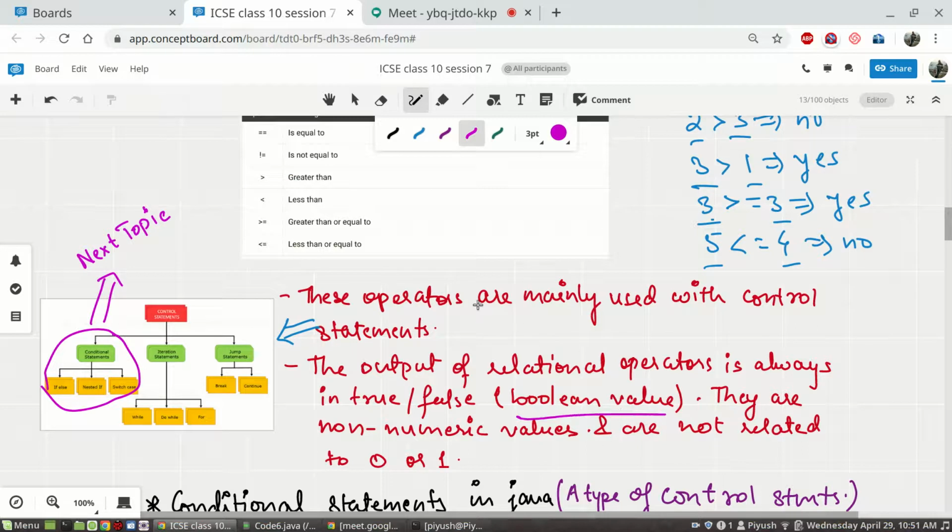So I'll write true and false come under Boolean data type. Boolean data type.